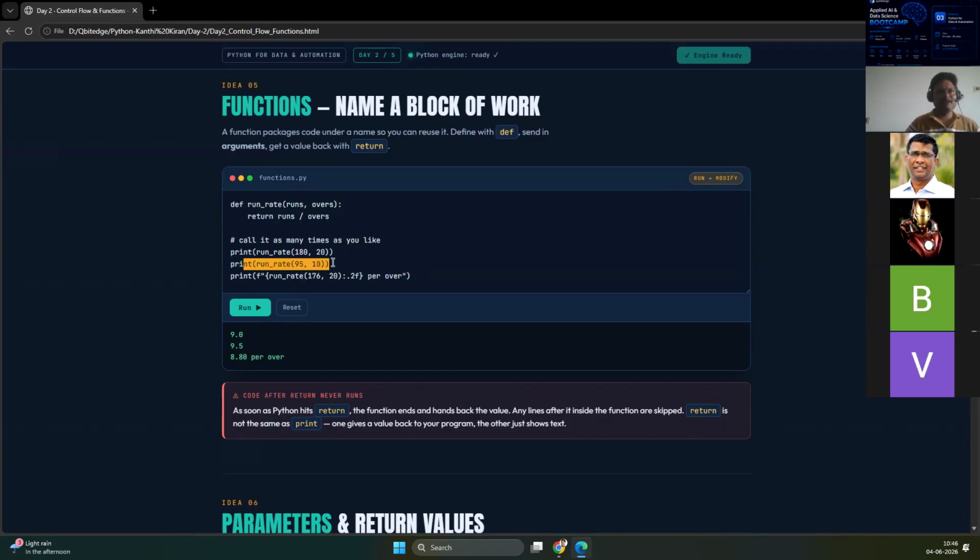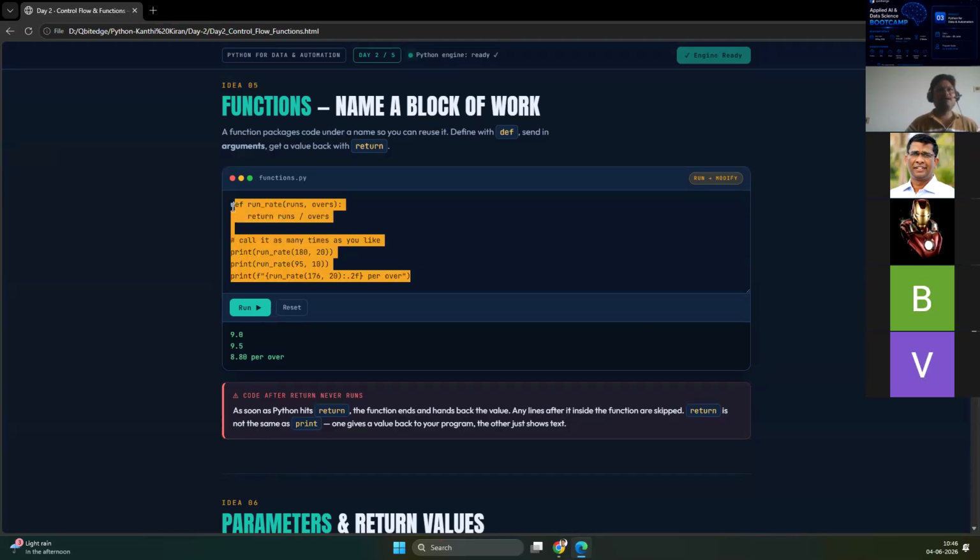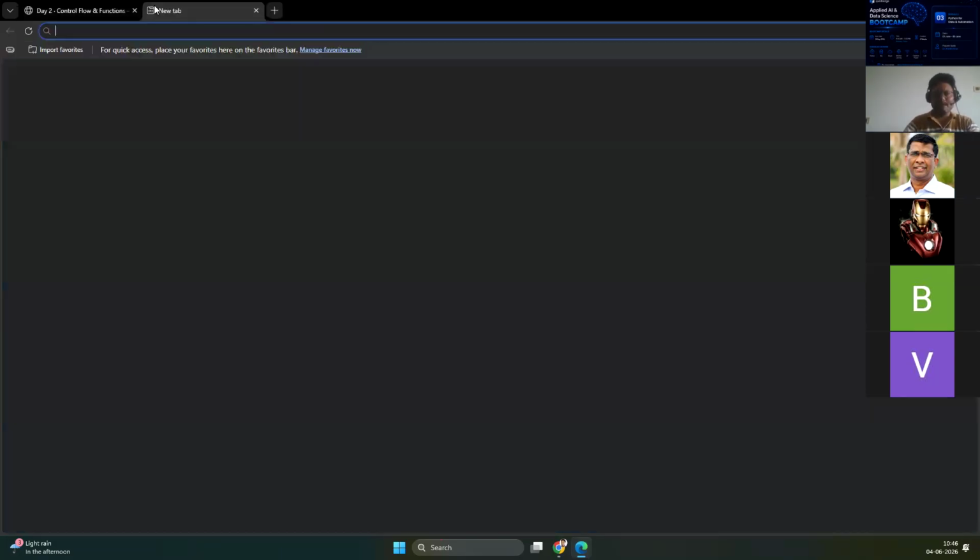Then for this, run rate is 95 runs and 10 hours. So 95 by 10, so 9.5 run rate. Then this is a formatted print statement, run rate 176. That means because of this one, this function will be called. I'll just simply show this in Python visualizer